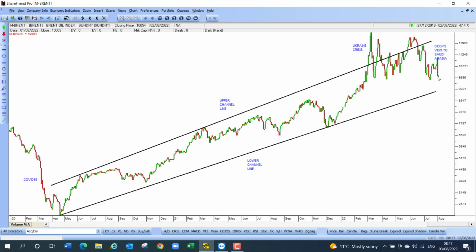Of course, a wild card is the quantitative tightening process. At the moment, the Federal Reserve Bank is taking about $47.5 billion a month US dollars out of the economy, and they plan to increase that to $95 billion in September. So they're sort of mopping up the excess liquidity in the economy, and nobody really knows what the effect of that will be, because we've never had such a substantial quantitative tightening before, so the impact is not really known.